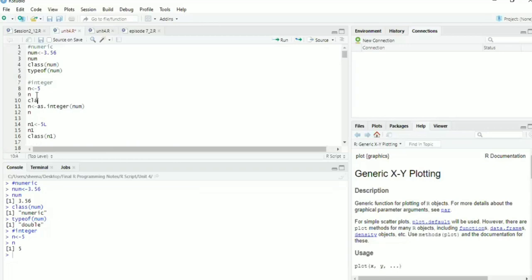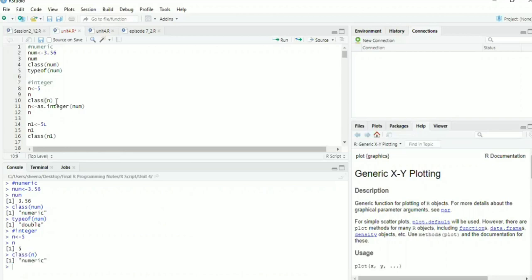How do we check that? Class of n. When I check the class of n, it is numeric. In some situations you feel you should have an integer data type, that is without fractions, but by default it will create a numeric data type.